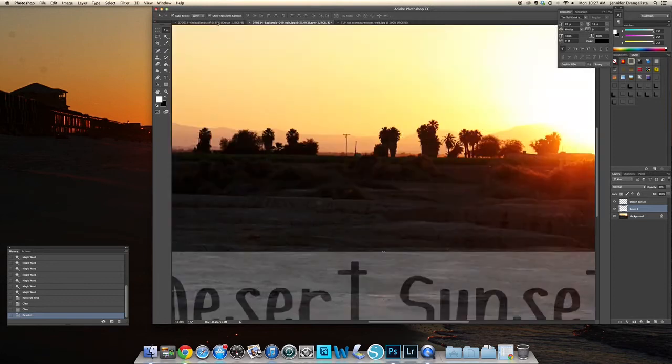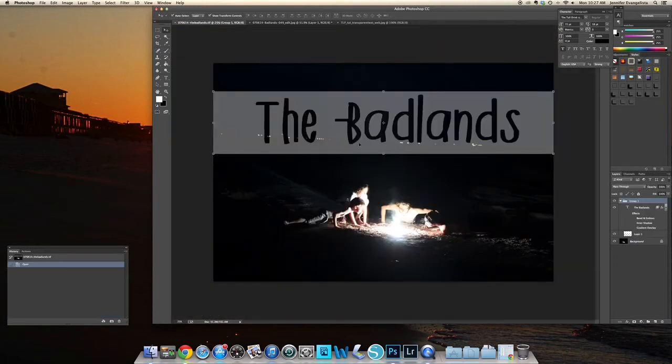Now, I did want to show you one other thing. This is another photo. This is also taken the same day in the Badlands. We did fireworks. These are my 4 kids surrounding some kind of, this was not a firework. I'm not that bad of a mom. But they were just little poppy things on the ground. They didn't do anything or go anywhere, but I thought it ended up being a good picture. I did the exact same technique here